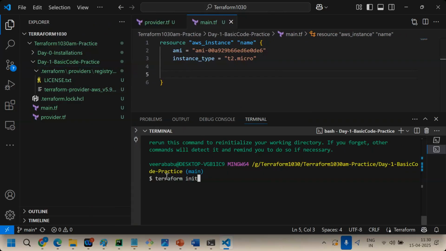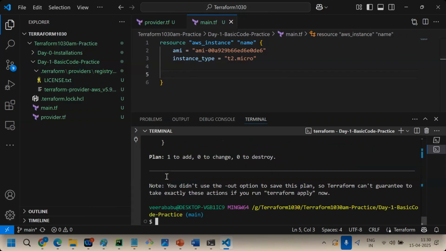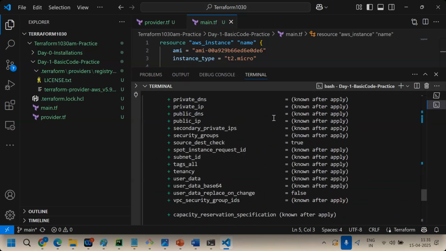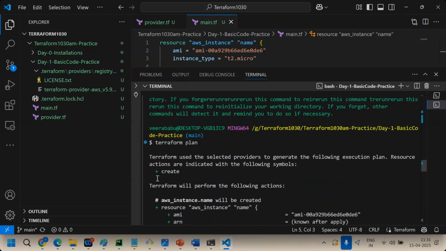Next command is what? Plan, to check your plan of action. My plan is to create an EC2 instance. Now you can see, drag here. Plan is 1 to add, 0 to change, 0 to destroy. 1 to add means one server is going to be added, but not yet added. It will be added once you apply. This is the execution plan.